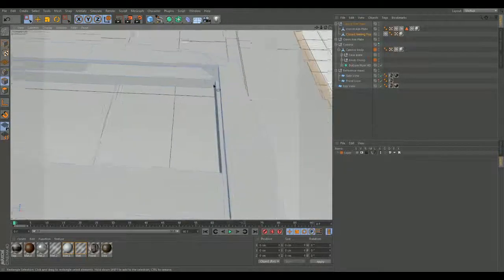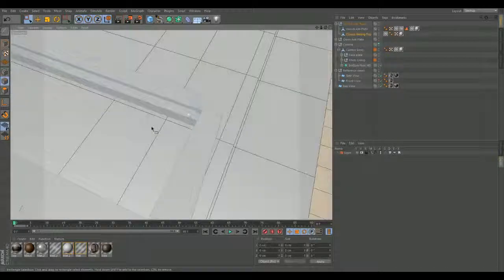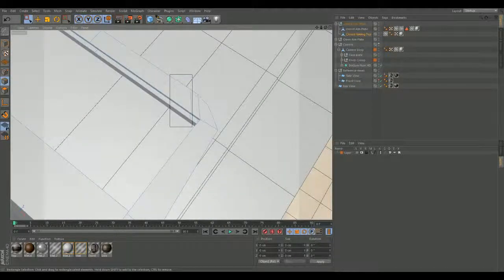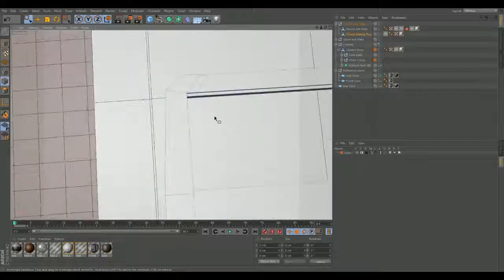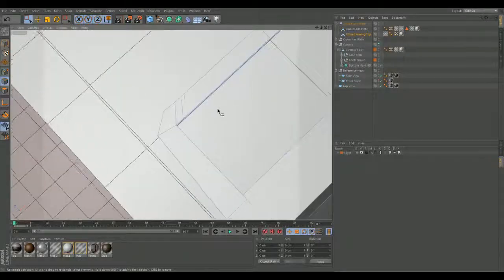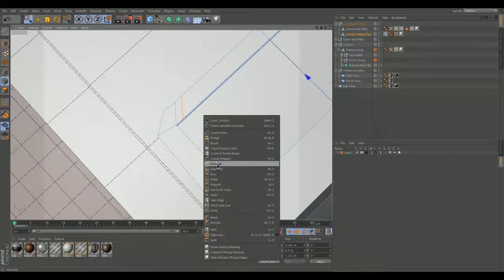And to make this easier too, I might as well just dissolve this line, and we will select this line right here, this loop, do the same thing, dissolve,